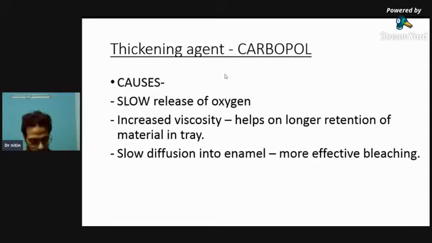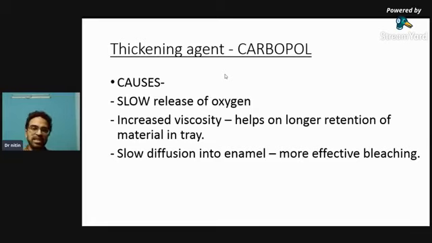Okay, so now after the main components, that is carbamide peroxide and hydrogen peroxide, the other component which plays a very important role in maintaining the gelation or the concentration of the bleaching agent is the thickening agent, that is carbopol. So basically what it does is it maintains it in a thick gel form, so that slowly and steadily the oxygen is released and